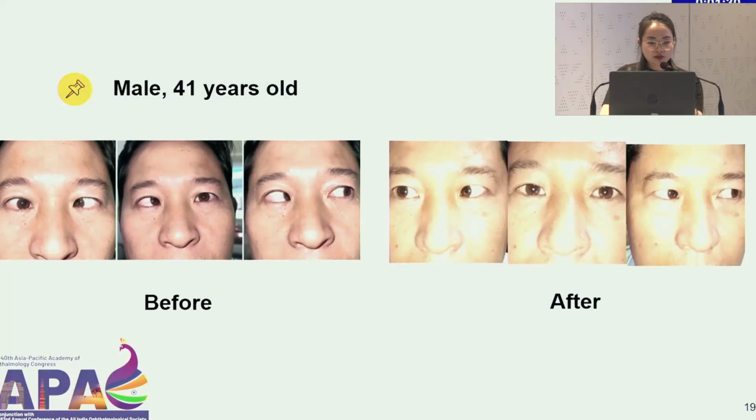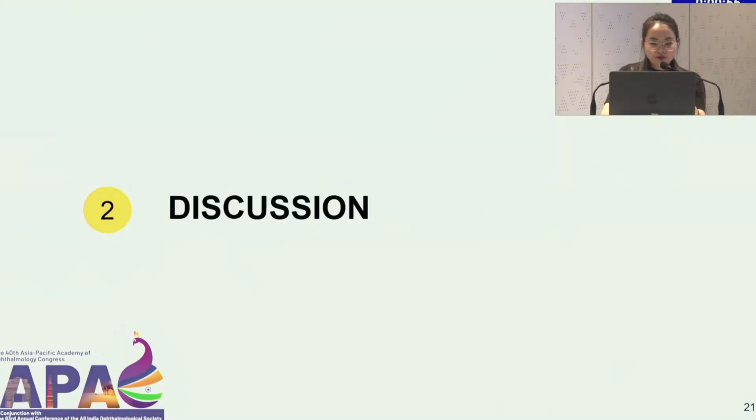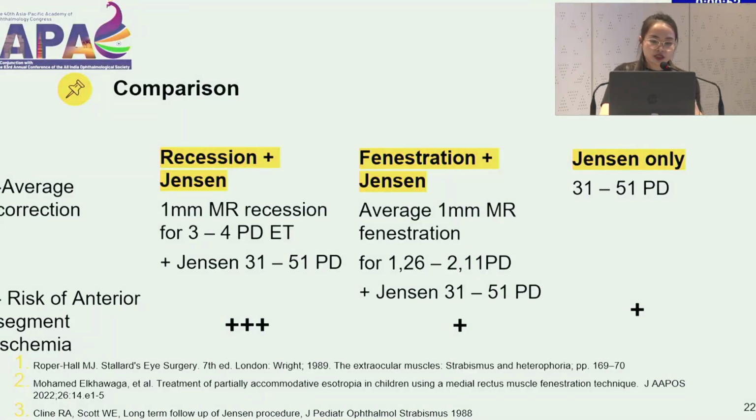Now, I have some cases to share with you. A 41-year-old man with chronic sixth-nerve palsy in the right eye, and you can see after 1 year from operation, no diplopia in primary position and great improvement of limited abduction. A 24-year-old man with sixth-nerve palsy in both eyes, after 1 year of follow-up, had residual 10 prism diopters and felt comfortable with prism base out.